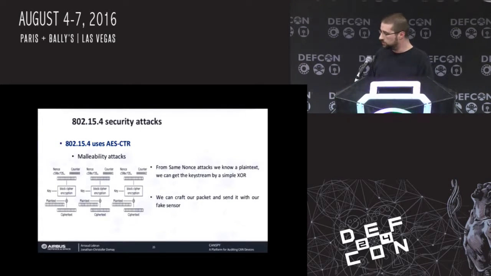So the mistake made by the supplier was first to think that encryption protects integrity. If you don't have the key, you cannot forge packets. That is not true. Integrity codes, MIC or MAC, are there to protect integrity. Encryption only protects confidentiality. And actually, in a sensor network, confidentiality is not that important. Integrity and availability are the 2 aspects that are very important.